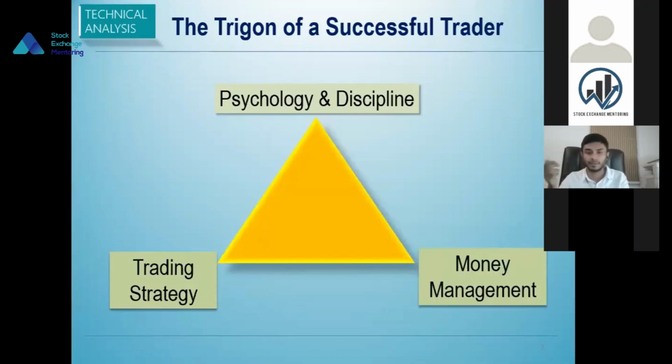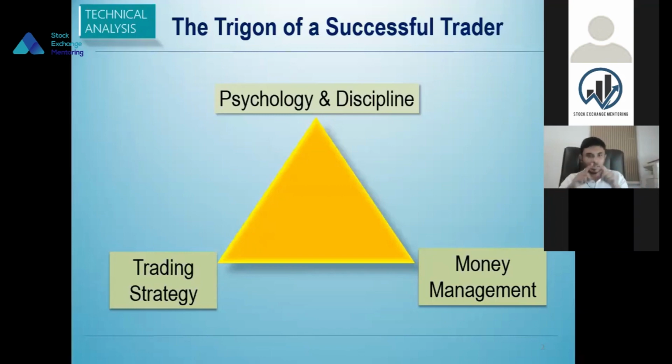Then comes another very important area, which is money management. A lot of people have everything: the balance of psychology and an excellent trading strategy. But when it comes to money management, their risk management strategies, how much they have to allocate, what the risk levels are, the stop loss levels to consider to exit trades, and when to take and book profits, all those things are very important. Though they have an excellent trading strategy, if they don't have proper money management and risk management skills, all these aspects will fail again.